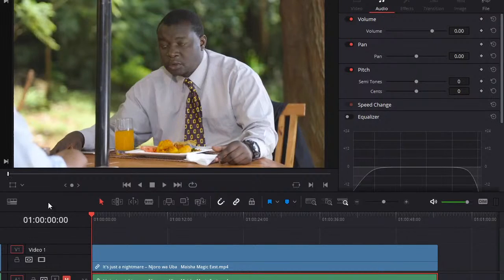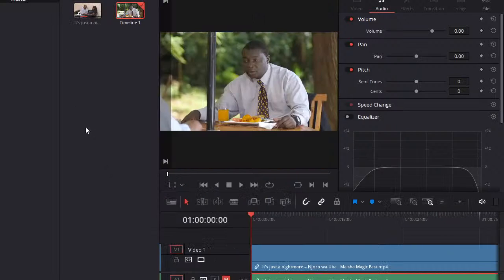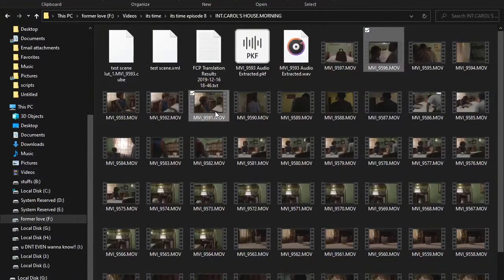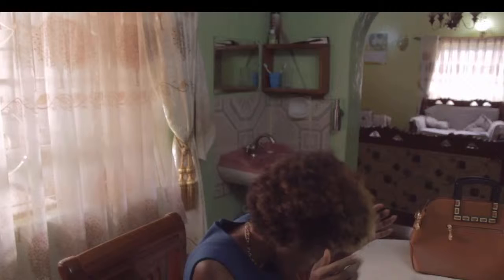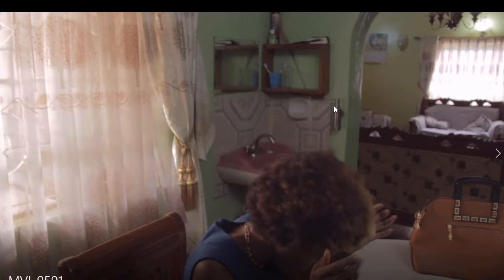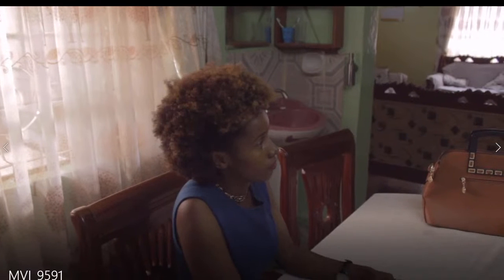The first step in color grading is identifying the lighting of the shots, okay? So what do I mean by lighting? If I open an example folder on my computer here, I'm using footage from the film It's Time. When I talk about lighting setup, I wanted to check whether there is desktop audio. Okay, when I talk about lighting setup, I mean this, okay?